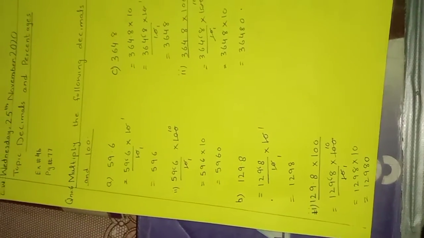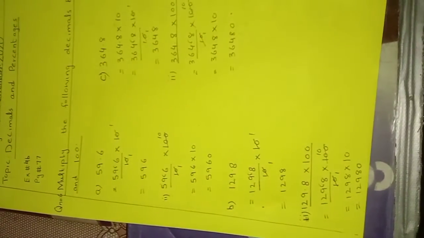Now, for that question, when we did it in the objective, we discussed the point movement. When we multiply a number by 10, the point moves one step forward, and when we multiply a number by 100, the point moves two steps forward. Now we will solve it through a procedure.